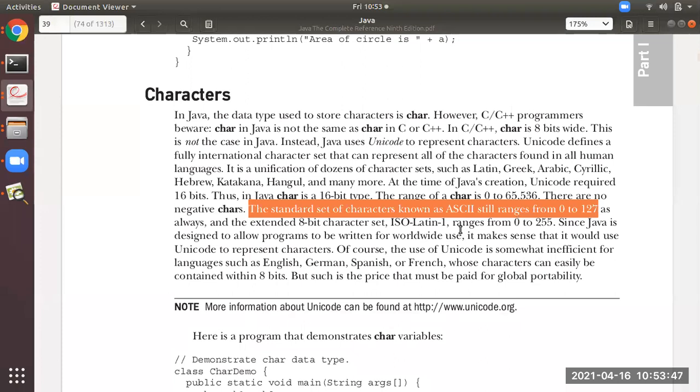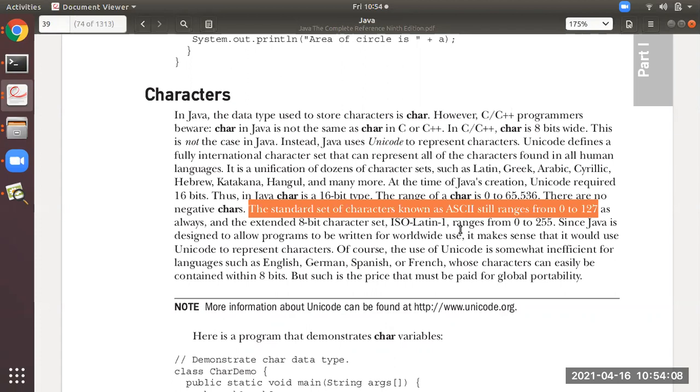Okay, remember this. Each and every alphabet, that is A, B, C, D, A to Z, small a to z, capital A to Z, has got some numbers. ASCII means American Standard Code for Information Interchange. This ASCII has assigned some values.